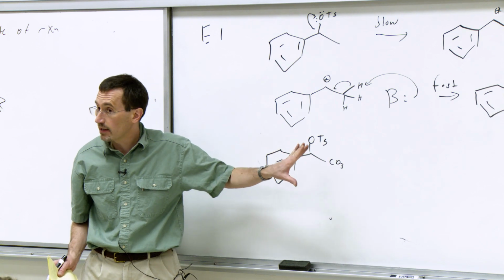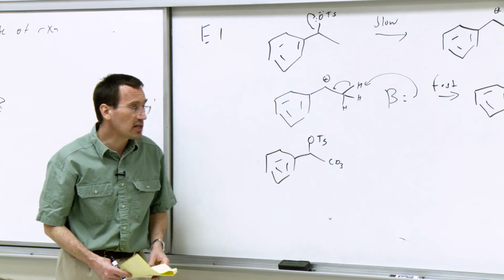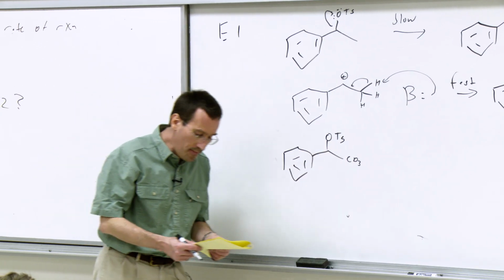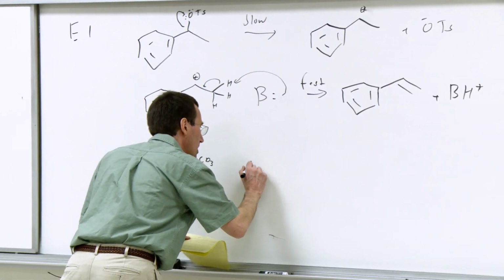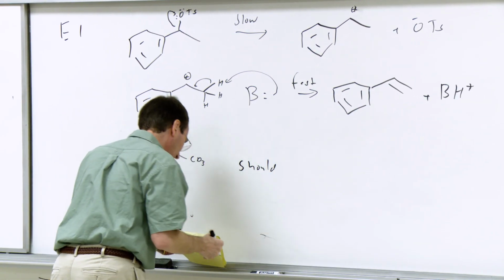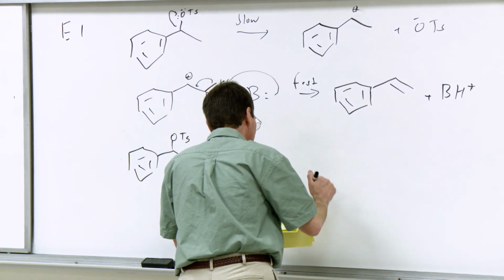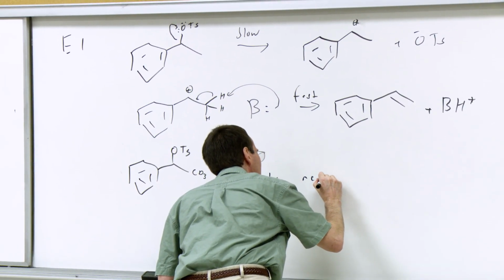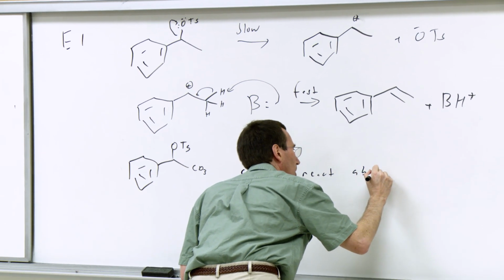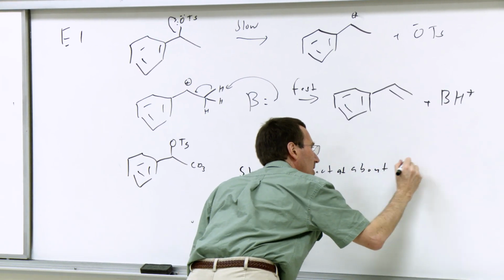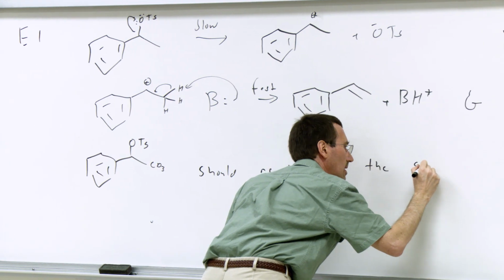It has very little effect. So the CD3 compound should have about the same rate. There's actually what's called a secondary kinetic isotope effect. It might be slightly different, but it should react at about the same rate